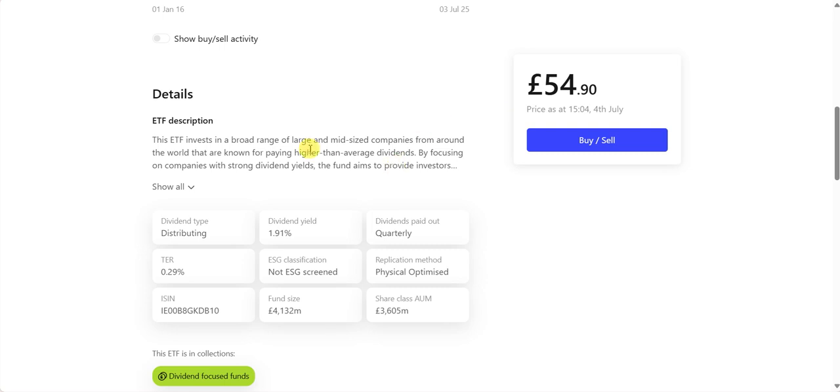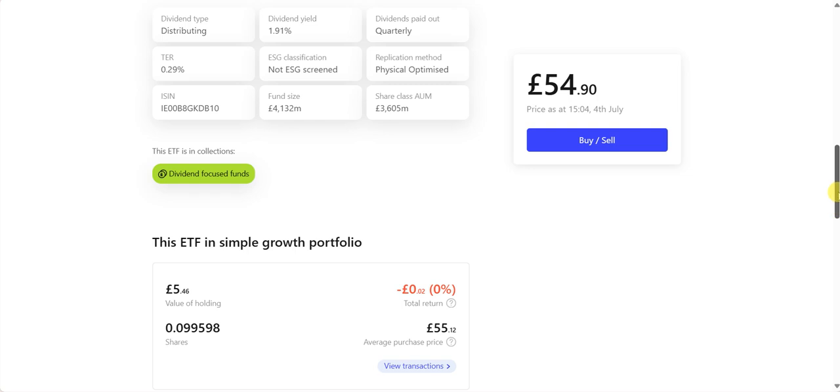So large and mid-sized companies from around the world known for paying higher than average dividends. So 1.91%. It's not a massive yield. Like I say, anything over 2% I think is good. Paid quarterly, and the cost is 0.29%. And then if we go down,